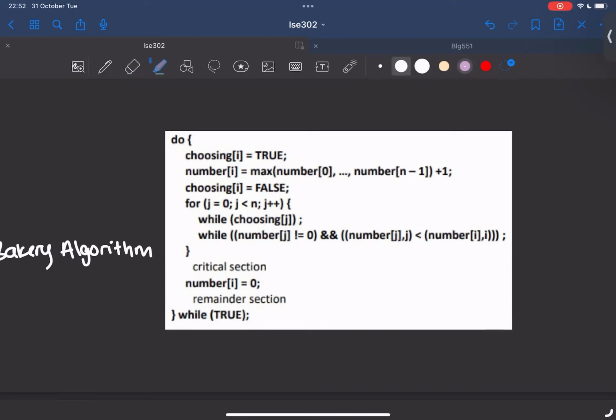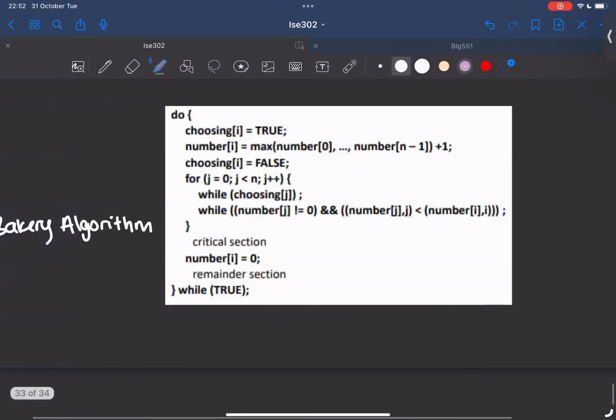The process then goes through a series of rounds where it compares its number to the numbers of the other processes. So the process with the lowest number gets priority. If two processes have the same number, the one with the lower process ID gets priority. Once a process has obtained the lowest number,